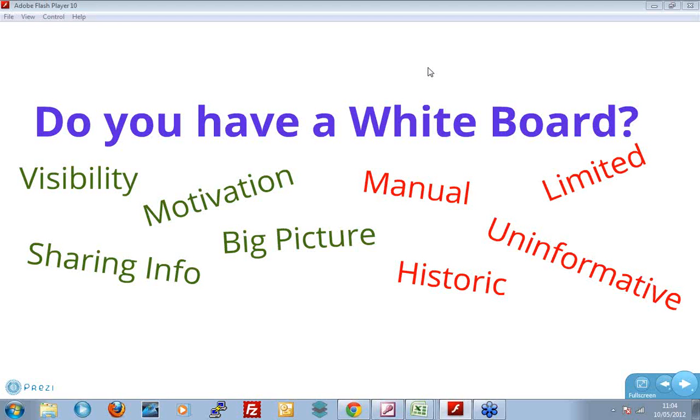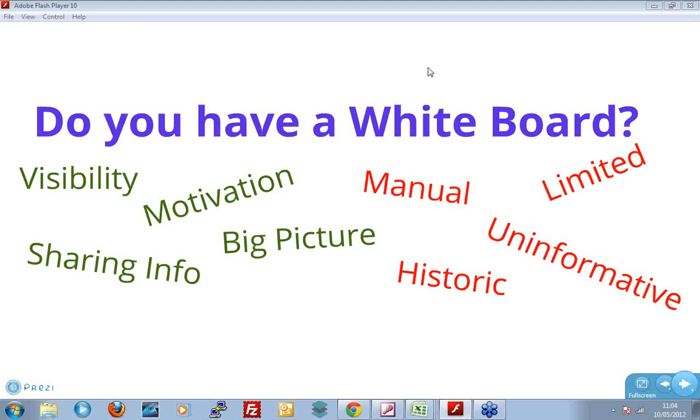People use whiteboards to show what placements have been made, what vacancies we've got on at this moment in time, how many send-outs there have been in terms of CVs or interviews or whatever else. But it doesn't give you the subtle detail. You can't drill into it particularly well. It tends to be historic. In other words, it's what's happened rather than what's going to happen, although some people do have whiteboards that do projections, but generally speaking, most people's whiteboards tend to be the start.